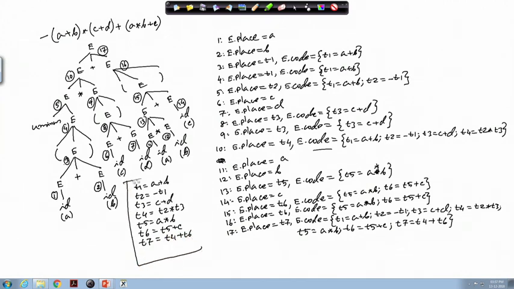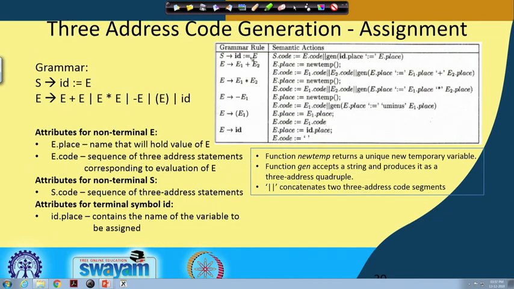So, this is the code that is generated, and you see that this is perfectly fine with the high level statement that we have here. So, it is perfectly fine with that, and it is generating a proper code for that. Now, the way we are writing this action, the rule that we have is making us write like this, that I have to have this gen part and this code.